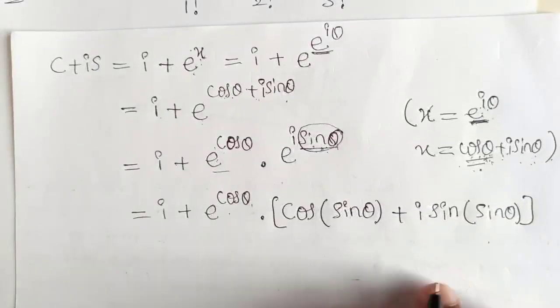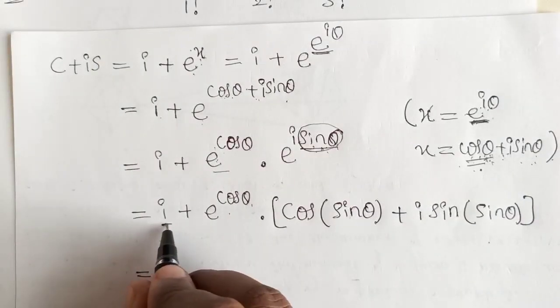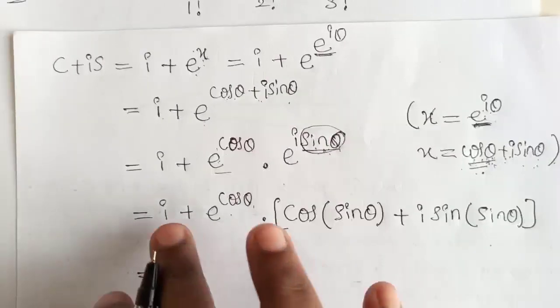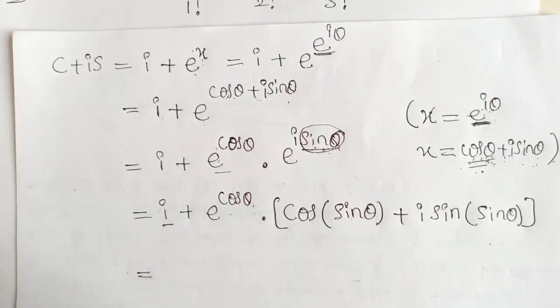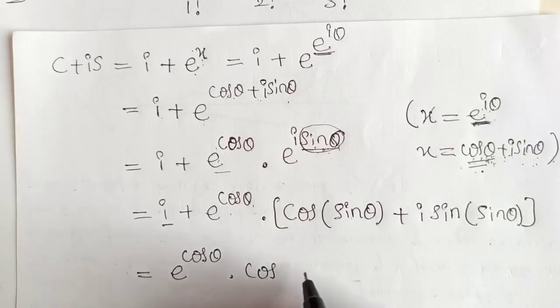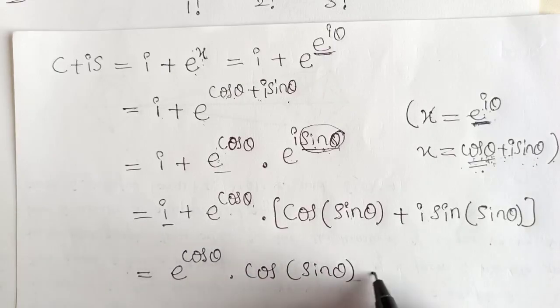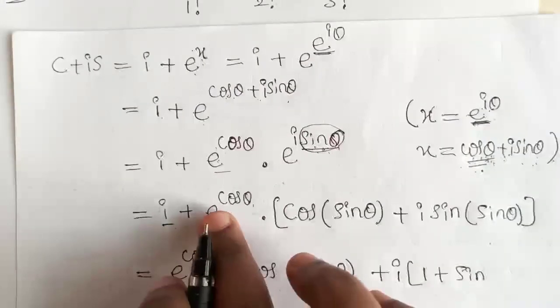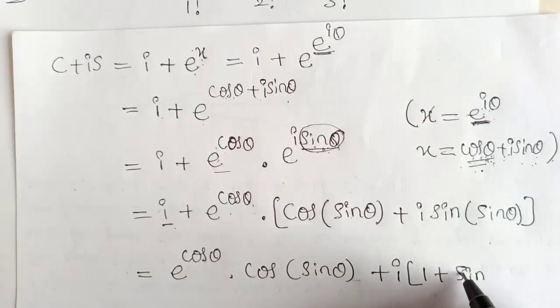Now this is also an imaginary part, but this term and this term are purely real. Therefore now first I will arrange all the real terms on one side and imaginary terms on one side, that is e raised to cos theta into cos of sin theta plus I can be taken common, we get 1 plus sin of, sorry, this term is common to this term, therefore we get e raised to cos theta sin of sin theta.